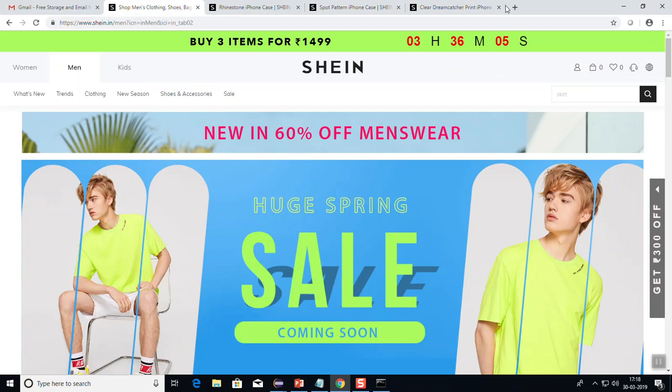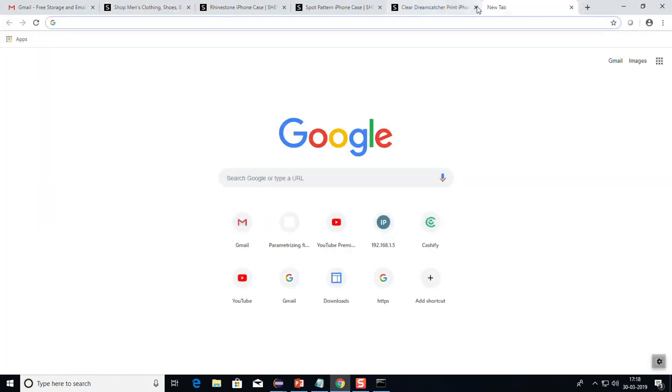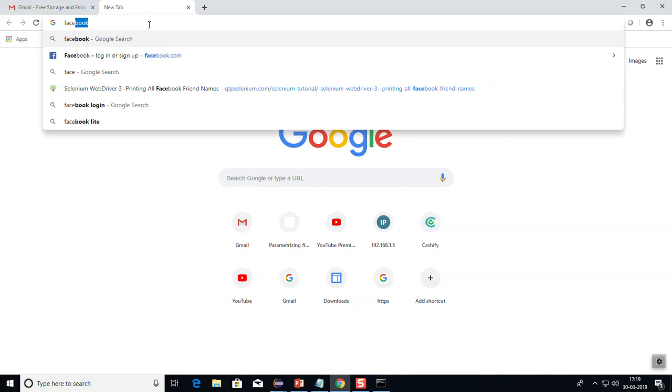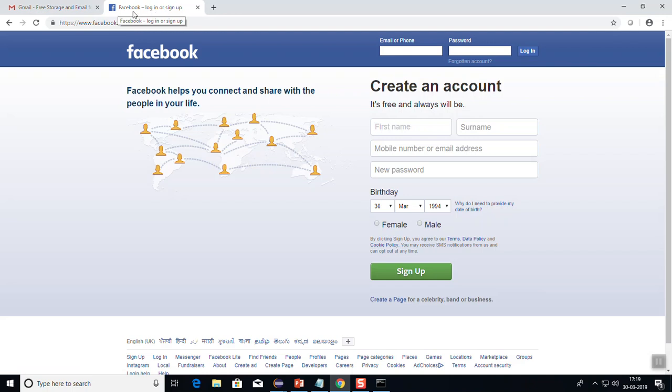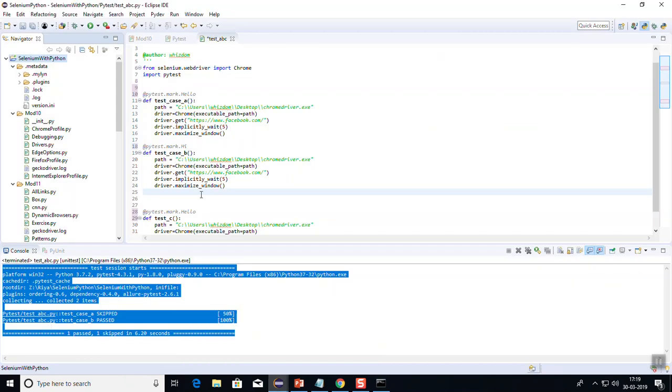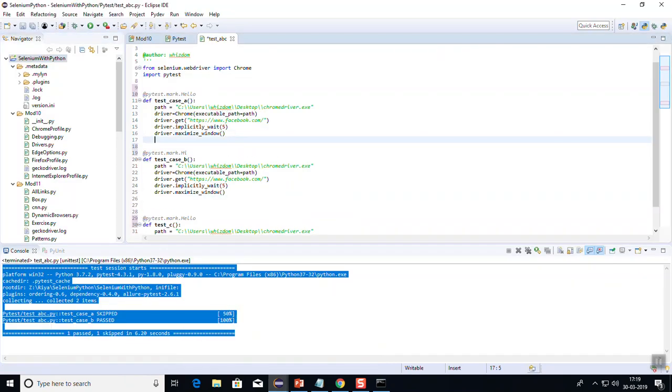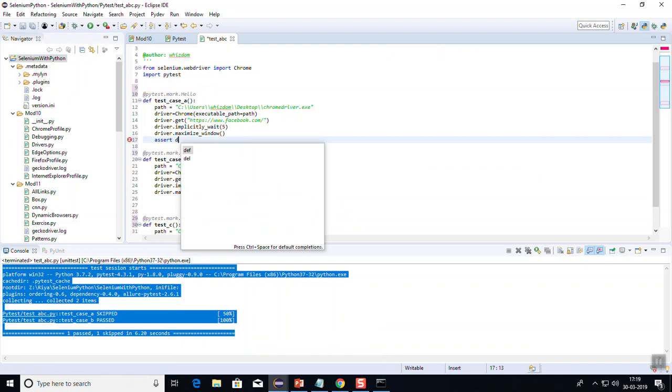If I go to Chrome, suppose I go to Facebook. If I go to this page, you see what I get over here is the title, Facebook login or sign up. Suppose I need to check this actual result with the expected result, what I need to do is write over here. We'll use the keyword assert. I'll write over here driver.title